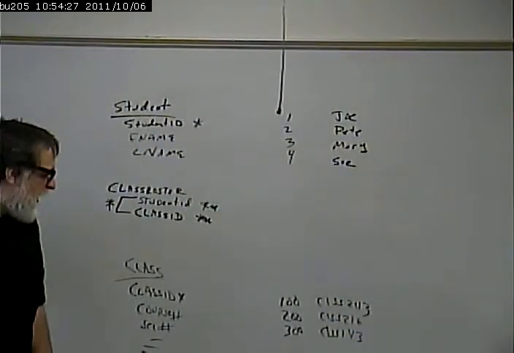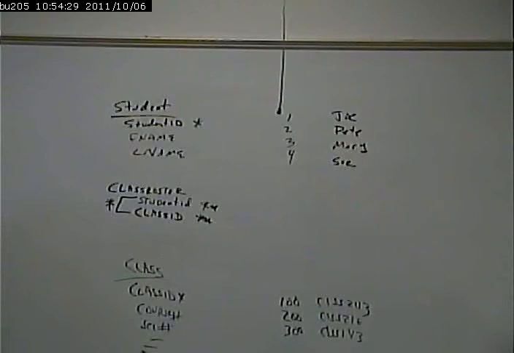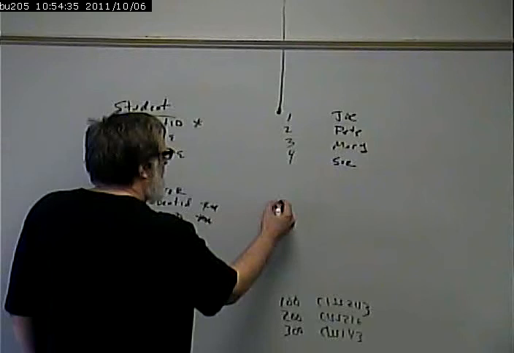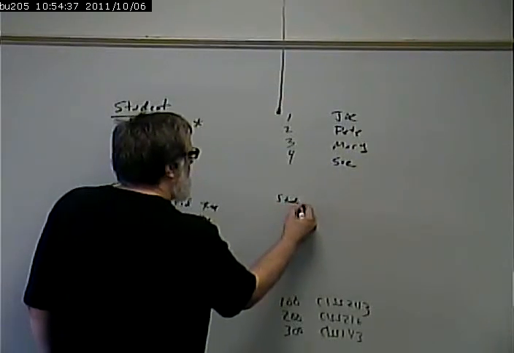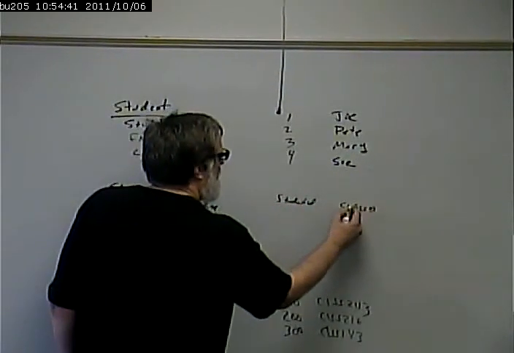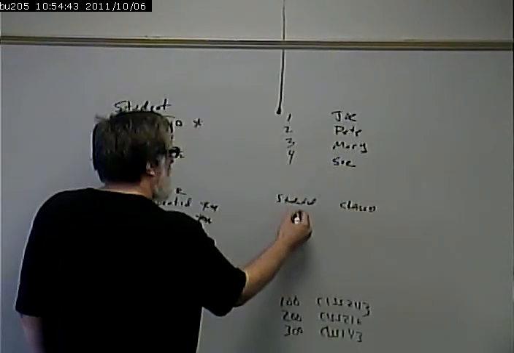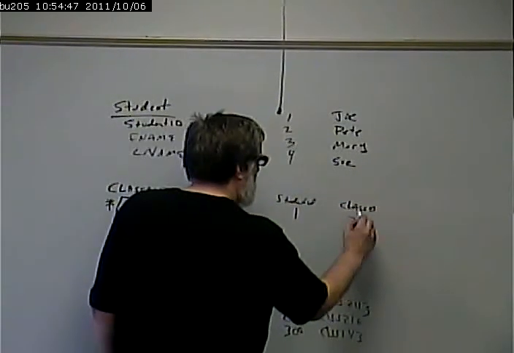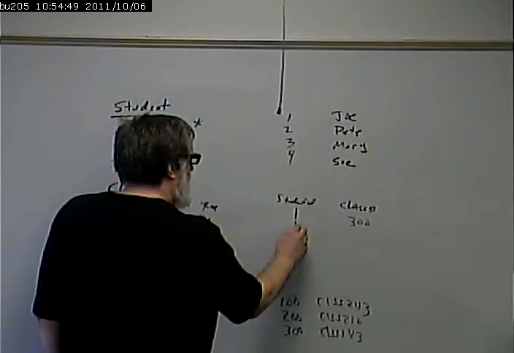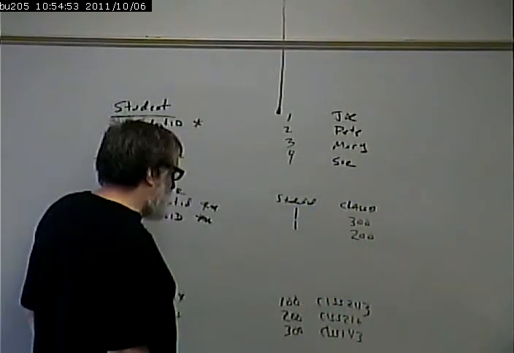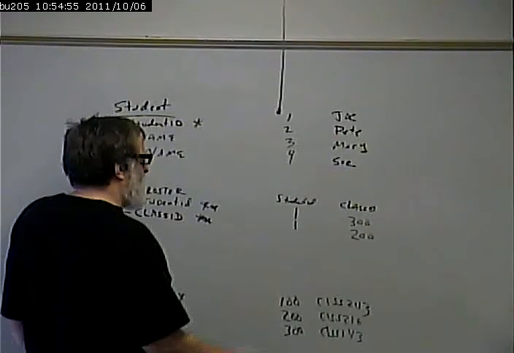Let's say Joe takes CISS143 and CISS216. In the class roster table then, we're going to store the student ID and the class ID. So Joe takes CISS143. Joe also takes CISS216. Pete, on the other hand,